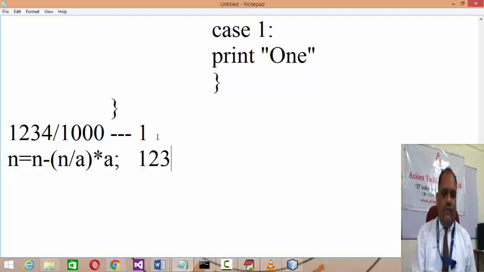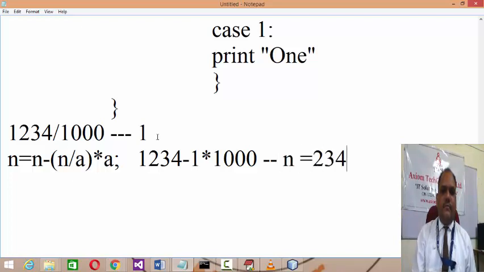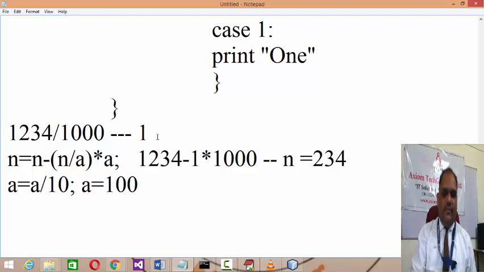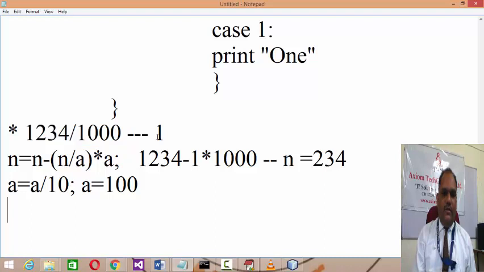It means 1 2 3 4 minus 1 into 1000. So n becomes 234. And a equals a by 10, so a becomes 100.